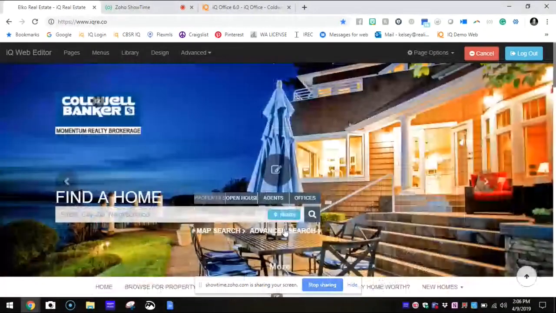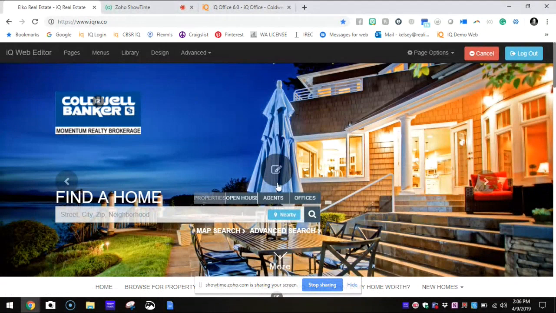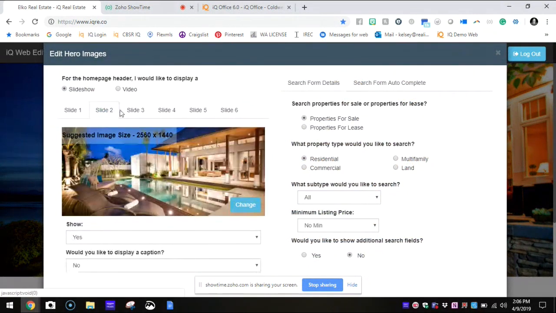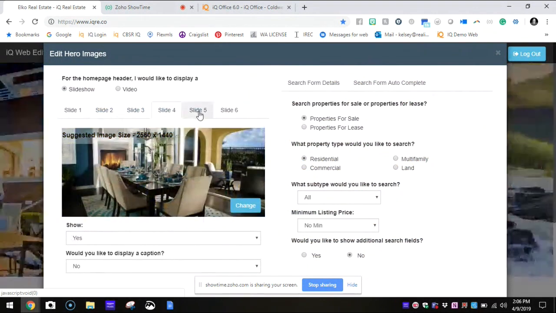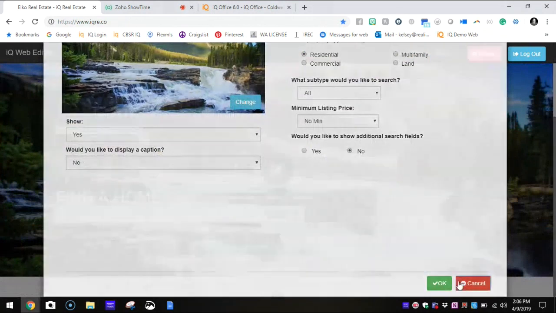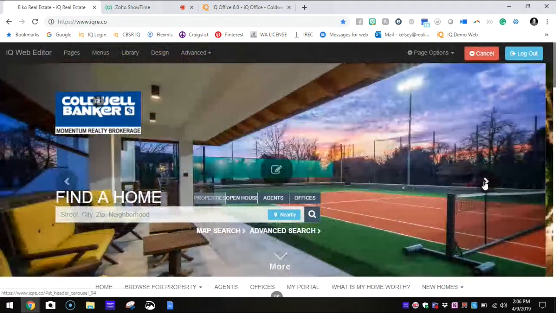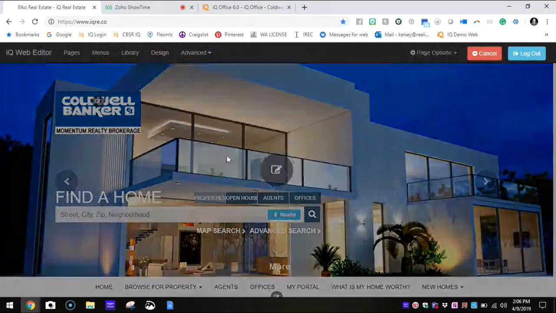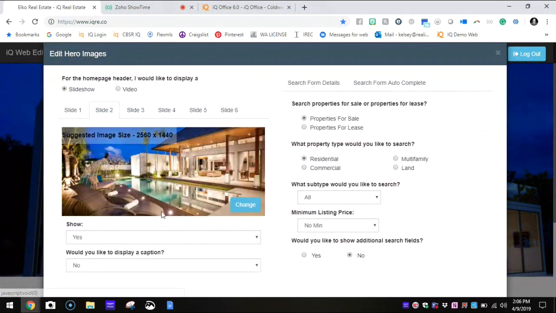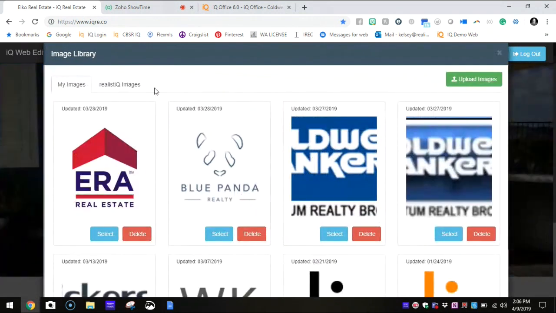So if you want to change your header images, you simply click on this edit button right here, and that will open up an edit screen. When you click through the slides, it will allow you to choose any of those images you'd like. So as these images scroll, that is what the different slides are. To change an image, all you have to do is click this blue change button on the lower right-hand corner,